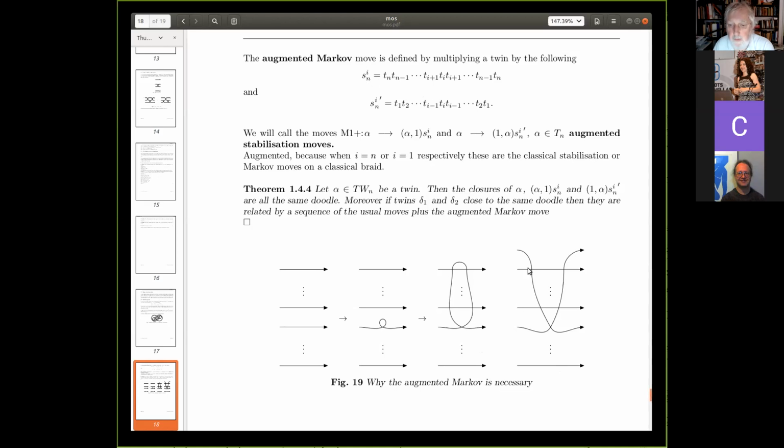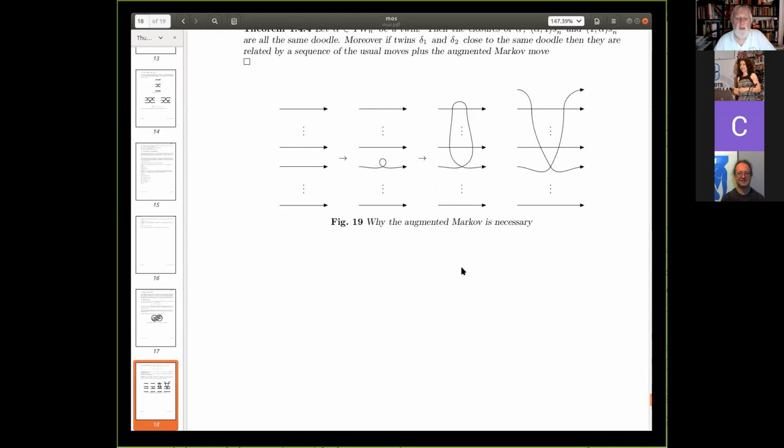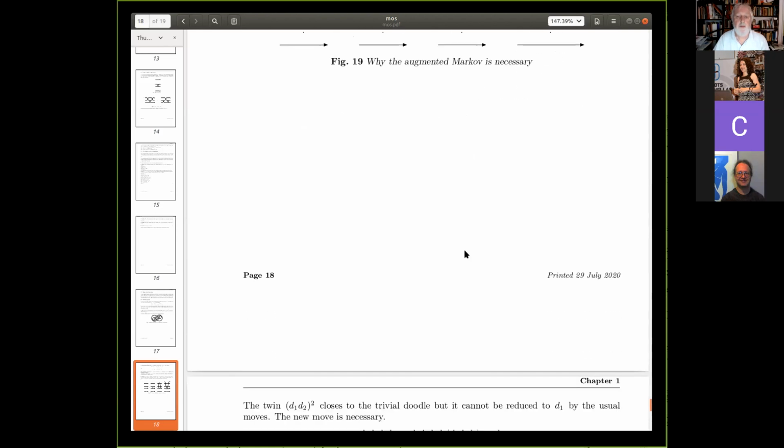S_N_I. You see, you got T_N here, and then blah blah blah blah blah, all the way down to T_I, and then back all the way up to T_N again. Okay, so that's sort of an idea. And once you've got that, you can look at the previous proof and see where you need it, and then it works. Okay, so I've said that it's necessary. Of course, maybe there's some clever way you can get rid of it, but there isn't, because